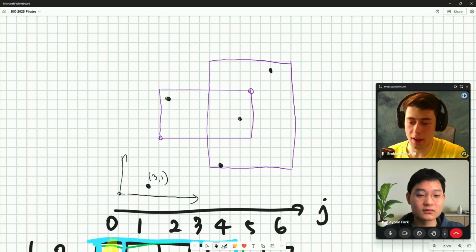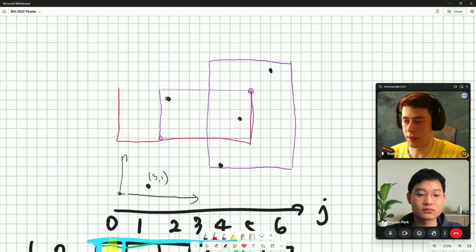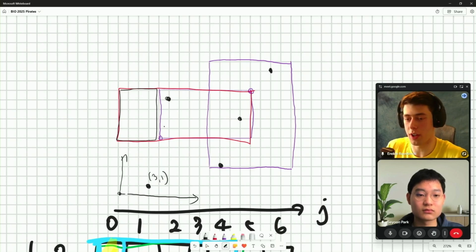If we say that this rectangle here, the middle one with 2 points in it, the purple one, is actually equal to this big one down to coordinate 0 minus this smaller one. We can do this again and turn it into 4 rectangles, but this is actually enough.